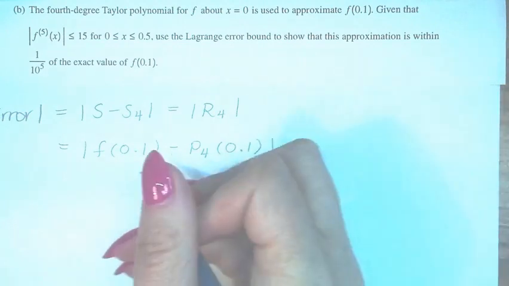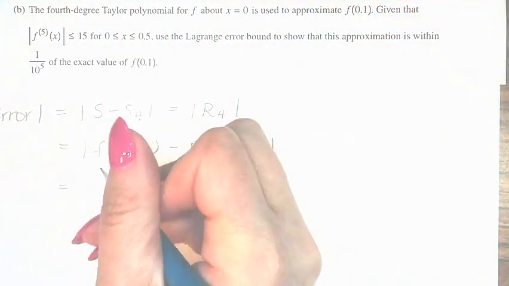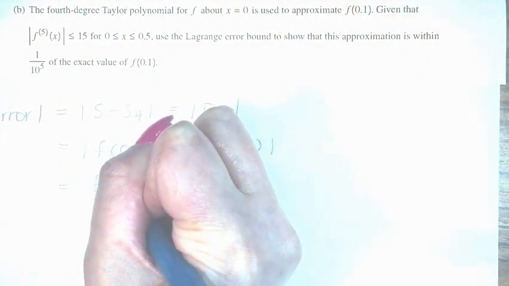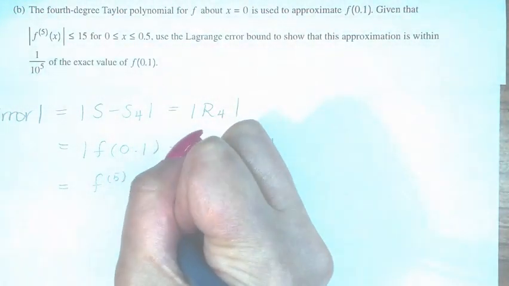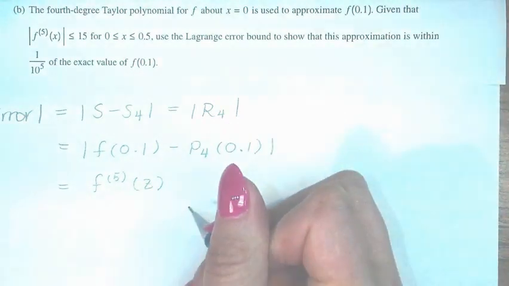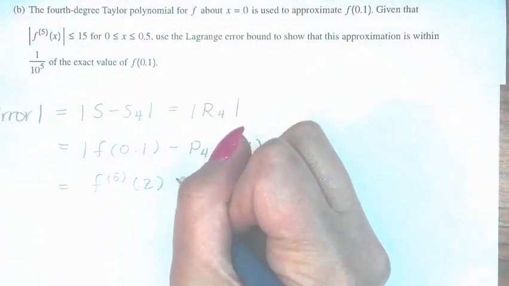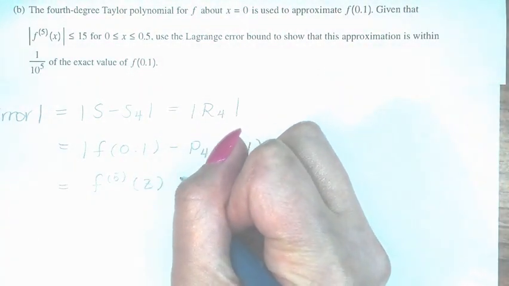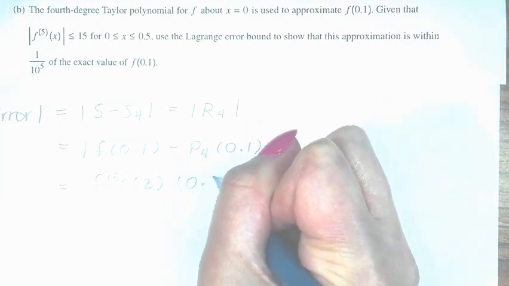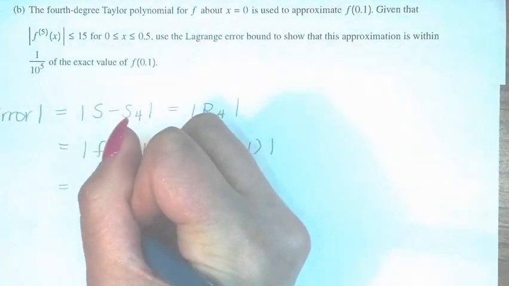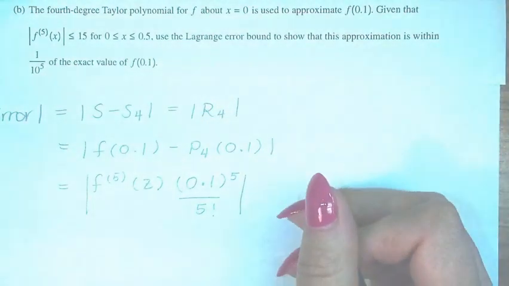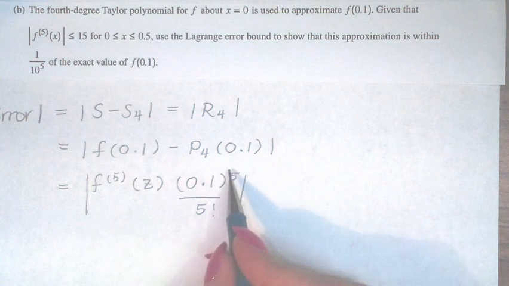You know that those are going to be equal to the fifth derivative of this z, where z is between c and x, of 0.1 to the power of 5 divided by 5 factorial. You know that this is going to have an absolute value, and you have that this is a number,